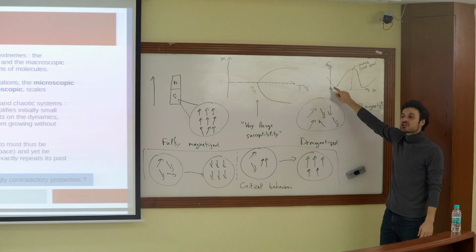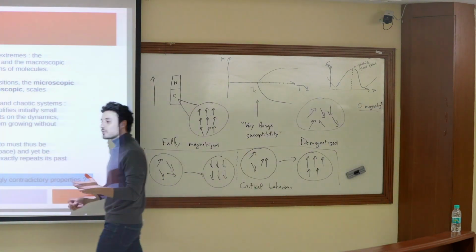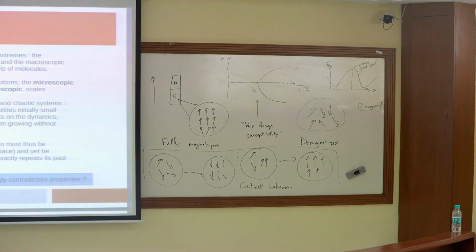So nothing changes anymore, right? And you had the same thing with the Duffing oscillator, for instance. It was just an oscillator with an unstable fixed point and two stable fixed points here. And the presence of the unstable point meant that the motion was chaotic, right? But still, the oscillator doesn't go away to infinity, right?